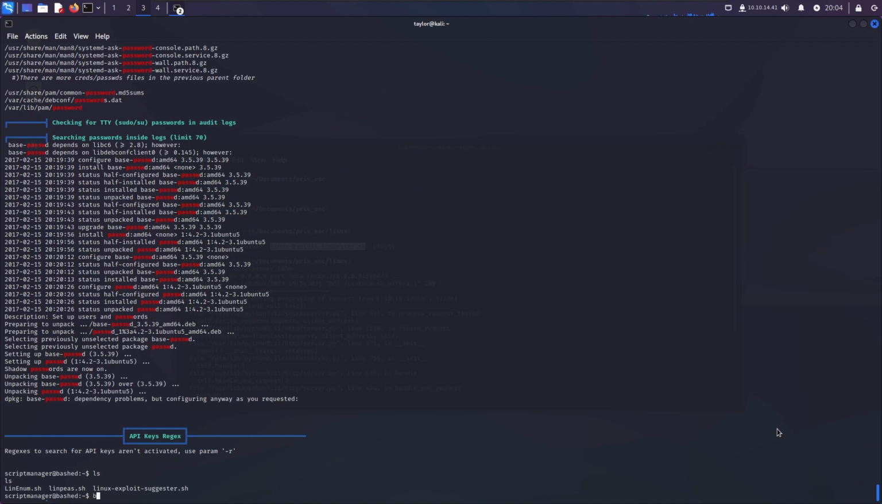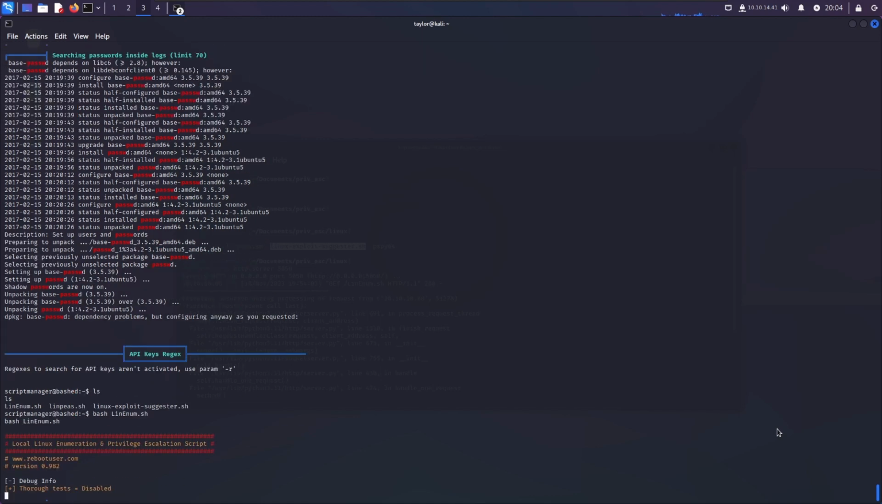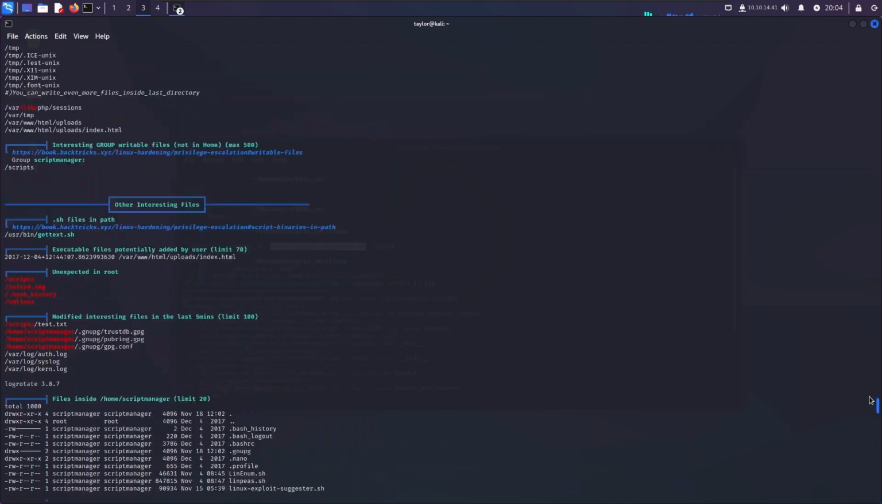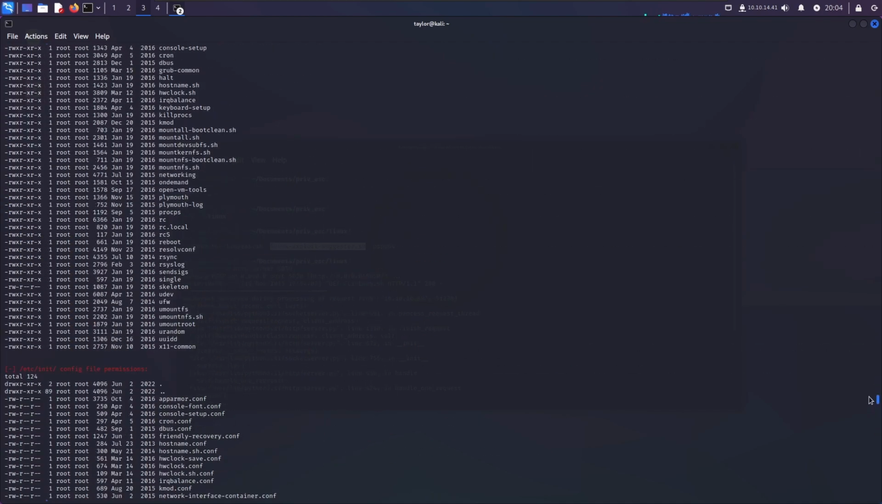What did I name it? Personally, I don't actually really use LinEnum. I know I said obviously you want to use both of them, but I just don't use it. I much prefer just using Linpeas and sort of manually going through. However,